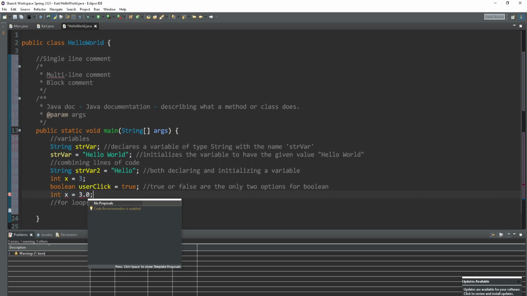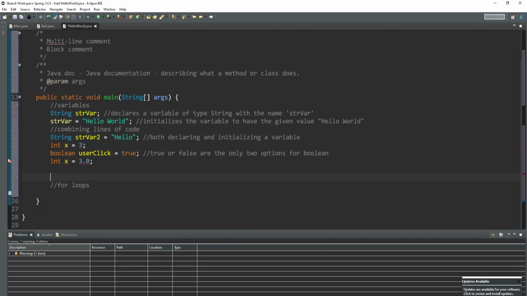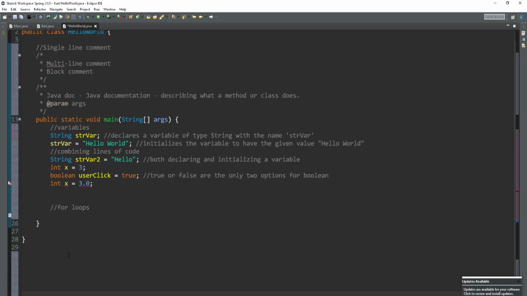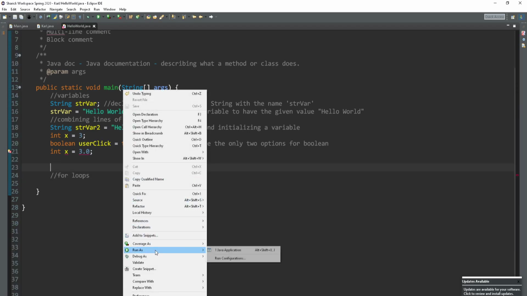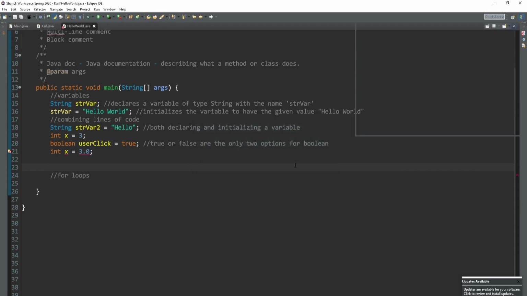All right, there's two things actually wrong with this. The first thing, and here we see our first error. Now, Java is what we call a compiled language, which means that the compiler is going to go through the code and make sure that there's no errors before you're allowed to run it. If I try and run this code right now as a Java application, it says there's an error in the project. I can proceed without asking,